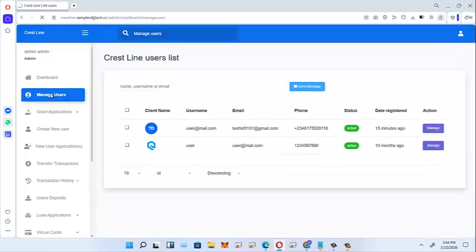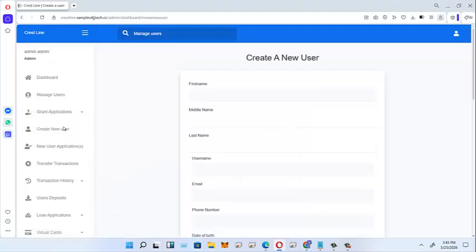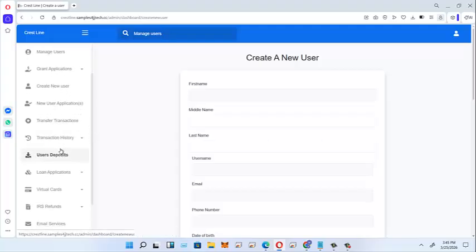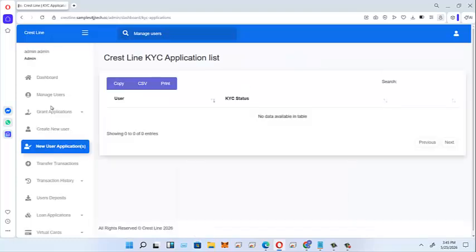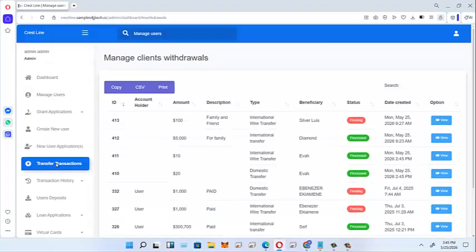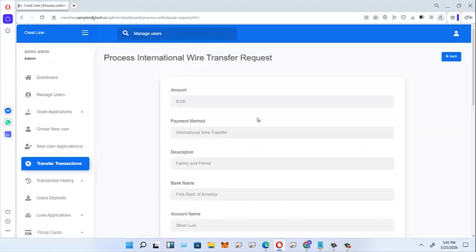So let's go straight into the video. Manage users, a quick overview of the admin: manage users, grant application, which we have talked about. You can choose to create users from here, or create users from the front page. For new user applications, if there's a new user, this is where you approve or reject. Transfer transactions: you can come here. You saw some transactions in the transaction history page just now, showing